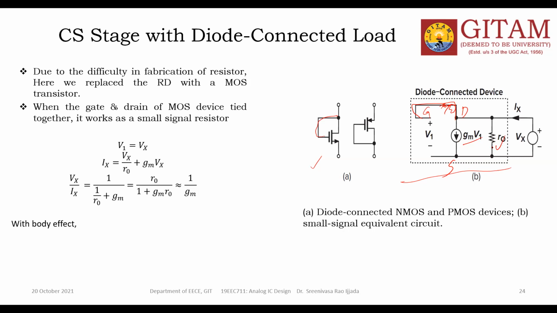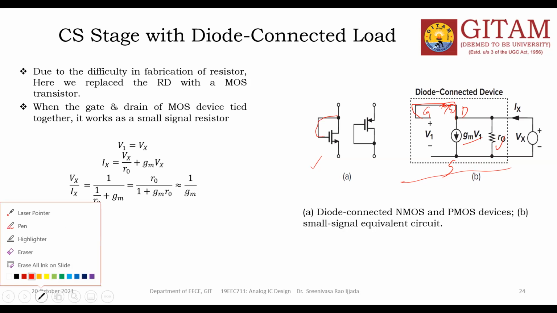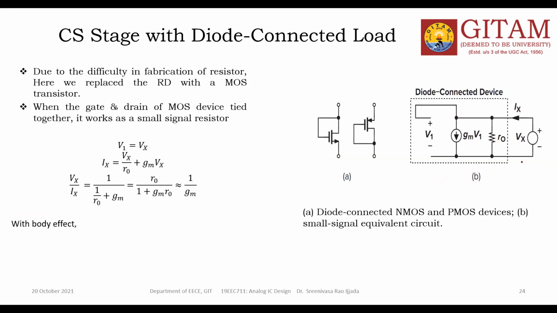So to find the values, you can apply a voltage source for the analysis purpose. So here Vx is applied. Because of this Vx, there is a current of Ix. So this Vx, 1, 2, all are parallel. In parallel, voltage is same. So V1 and Vx both are same. V1 is equal to Vx, because it's a parallel circuit. In parallel branches, voltage is same.